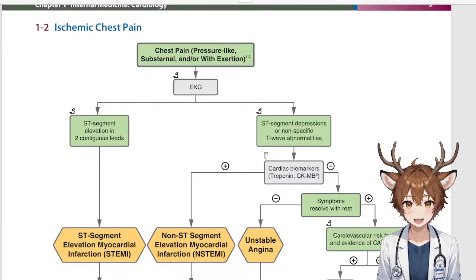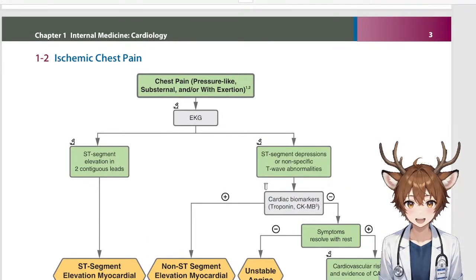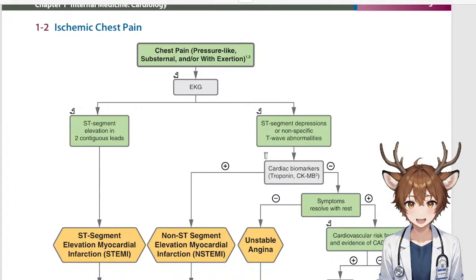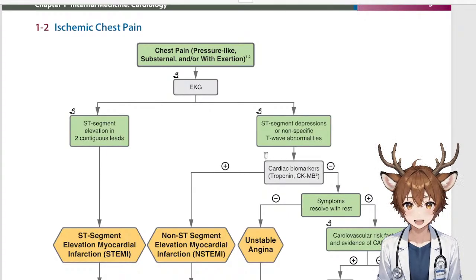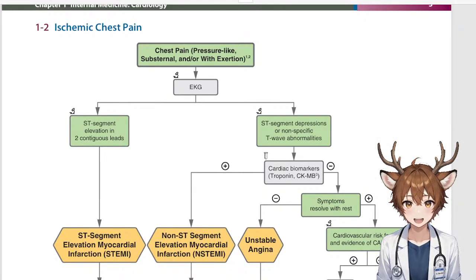Yeah, this is easier to read, I think. So we're on page 3. Wow, we made a lot of progress so far. Anyway, so 1-2, ischemic chest pain. Chest pain, pressure-like, substernal and/or with exertion. So if we have that kind of chest pain, pressure-like, substernal or with exertion,